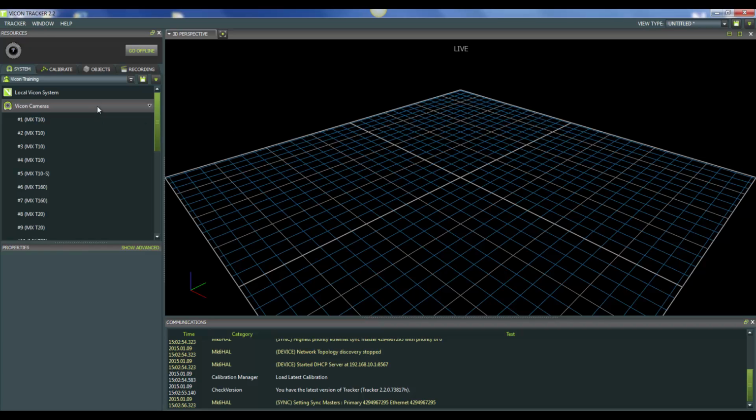So when you first open up the software, and that's done by double-clicking the left mouse key, you should see that there are three main windows that comprise the layout of the Tracker software. Over on the left-hand side, we have what's called the Resources pane, and what that really tells us is the system connected, which it is, and we can see that the cameras are starting to come in over here